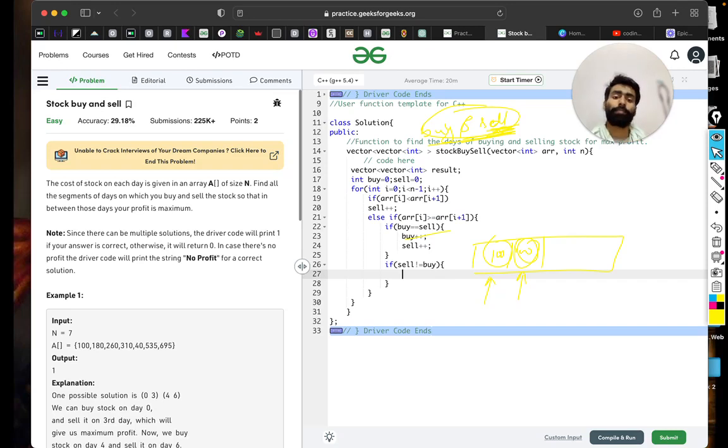In that case, if these are not at the same place, they are at different places, so in that case we will push back.